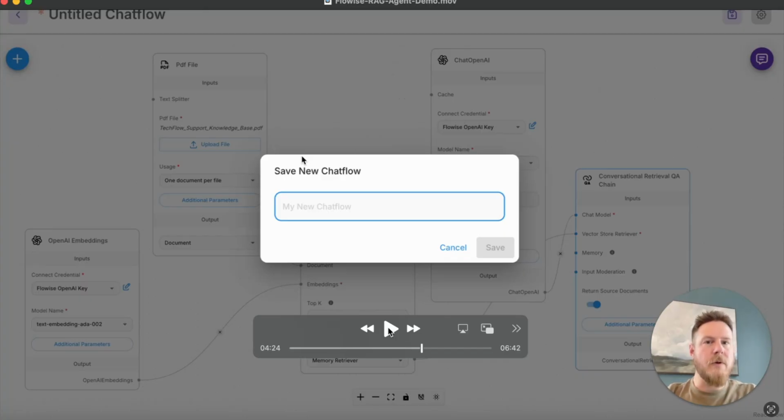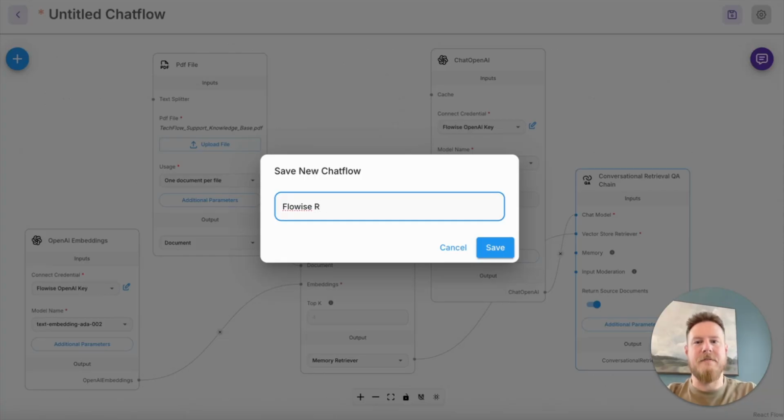Before you can run all this, you do need to save. That's because there is some state, like the API keys that you selected, that won't be stored and usable until you save. So we do want to go ahead and save. Instead of an unknown chat flow canvas here, we'll now have a saved named canvas that you can come back to and build upon.